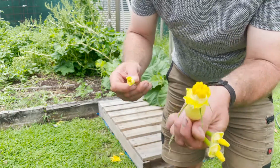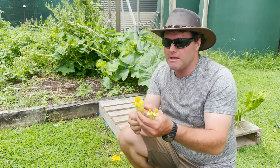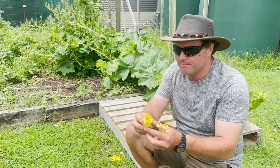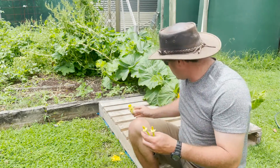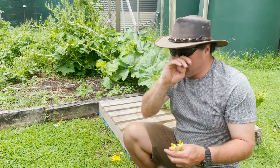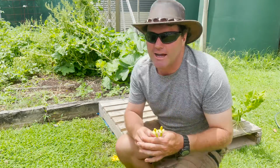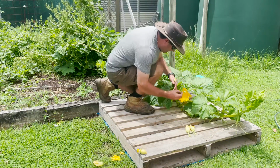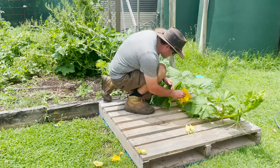So that pumpkin there would now be pollinated if it was still on the bush, or on the vine I should call it. I'm going to do that now on my big one here, and hopefully it'll start growing. So here we go. Around the outside, a bit in the middle,